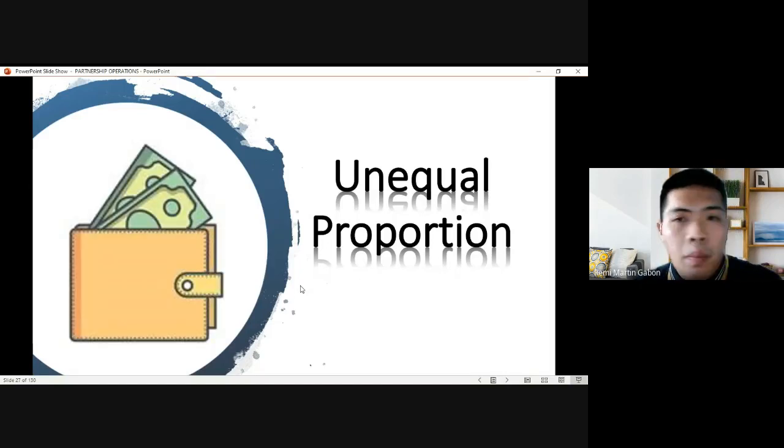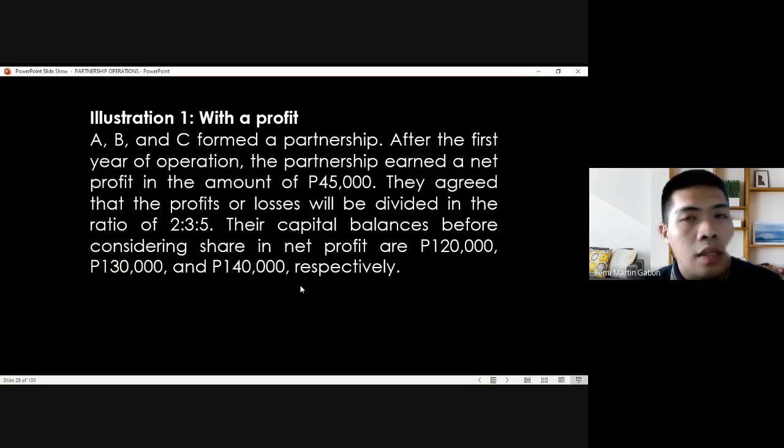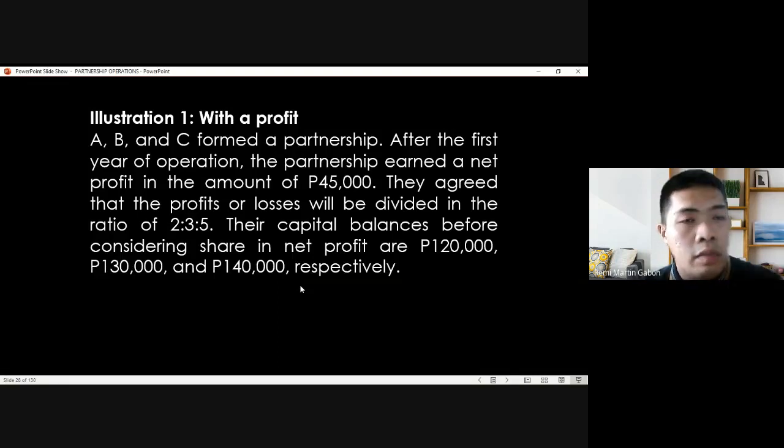Next is unequal proportion. When we say unequal proportion, by the name itself, the partners will not receive equal distribution of the profit. So let's have it with a profit. The same problem, however, the only difference is that they agreed that the profit or losses will be divided in the ratio of 2:3:5. Meaning, if we total the ratio, it is 10. So 2/10 is for A, 3/10 is for B, and 5/10 is for C, or 20, 30, 50% in a